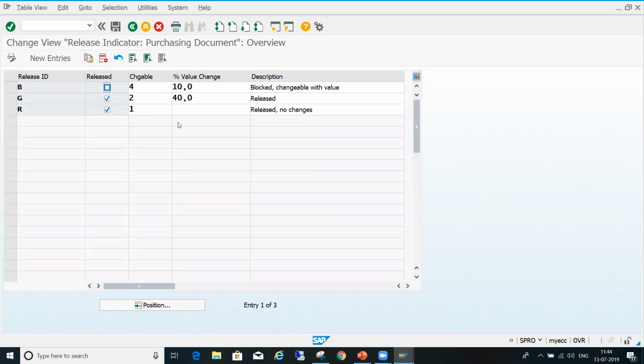See your release indicator. So B means blocked. G here means it is a released one. G or R. We can create our own release ID.